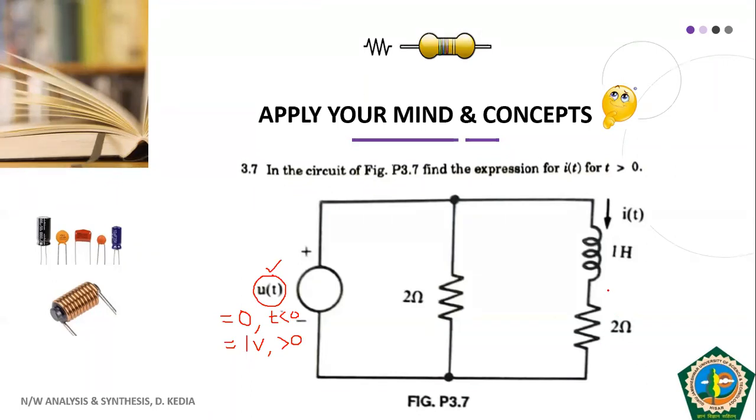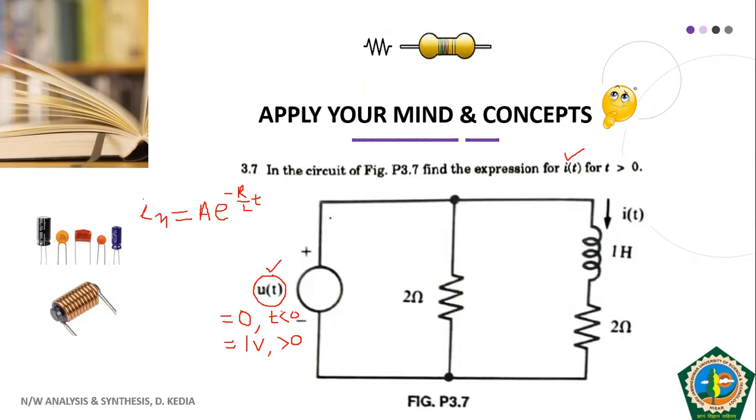So we see that this is an RL circuit. So obviously our equation will be of the form of current, and I told you that we have to determine the complete current response by the summation of natural response and forced response. So our natural response will be of the form A e raised to power minus R by L into t.